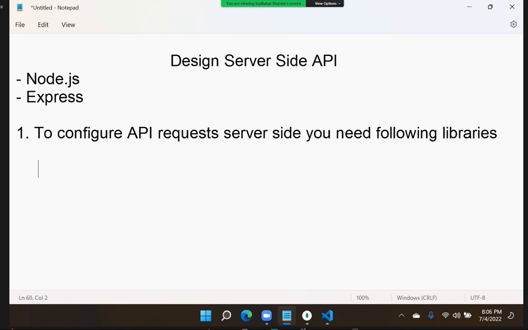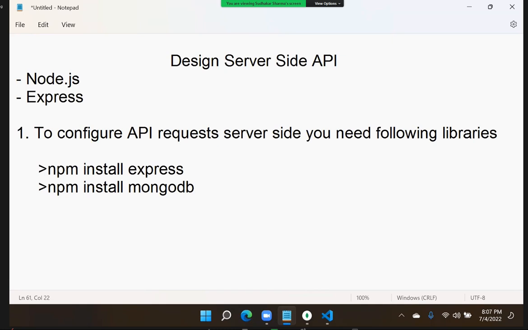What are the libraries? npm install. You install Express first. You need the library Express. Node.js is already there. You installed Node.js already, and Node.js by default allows you to configure server-side programs. So install Express. Okay, next you have to install